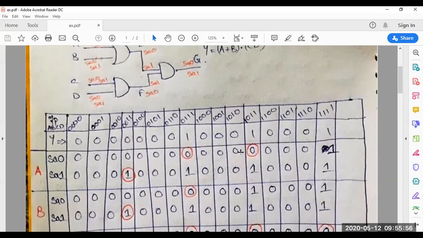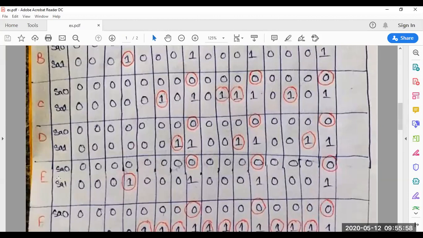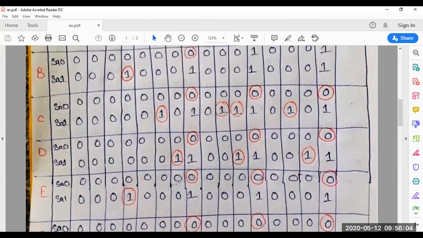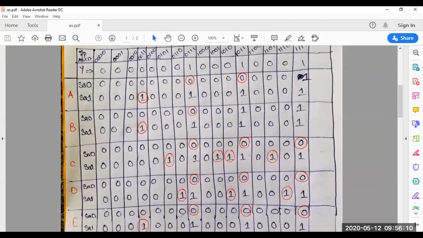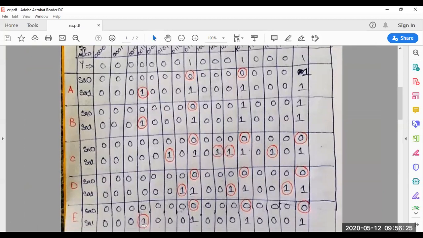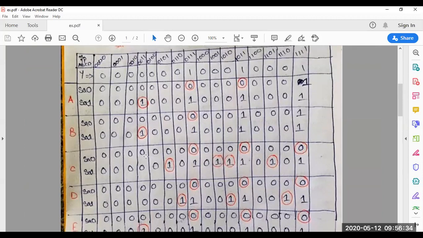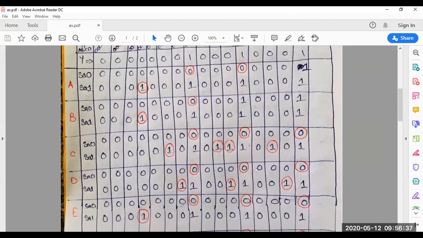So for the case of E stuck at 0, with respect to the input pattern applied, 0, 0 input applied, we got the output 0, and where we have a change with respect to the output, that is noted as 0. So this is noted as the faulty there. In the same way, with E stuck at 1, I have one notation with 0, 0, 1, 1 as the faulty, and the rest of the outputs are similar.